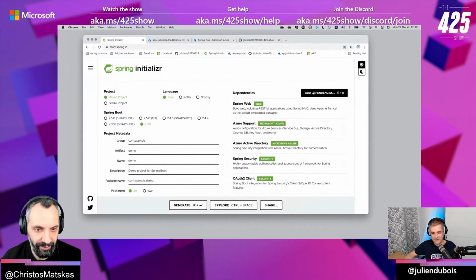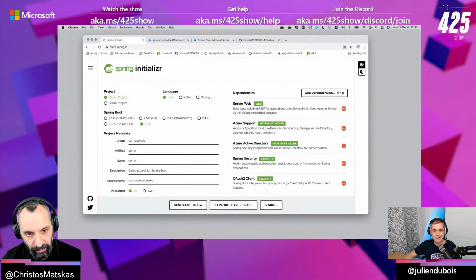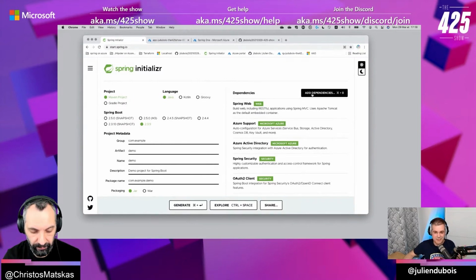So interesting. You have an Azure Active Directory component or dependency, but you also need to bring an OAuth2 client to acquire tokens. Is that it? So is the first one for authenticating and the second one is for acquiring access tokens, more or less? Yeah, and it's to make the link with Spring Security. Spring Security will use OAuth2, and with OAuth2 it will connect to Active Directory. So you need all three. Okay. So that's part of the trick that we need to explore today, because it's not that hard, but if you don't know it, it's going to be complicated for you.